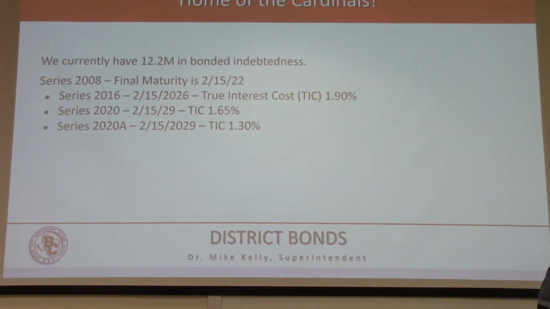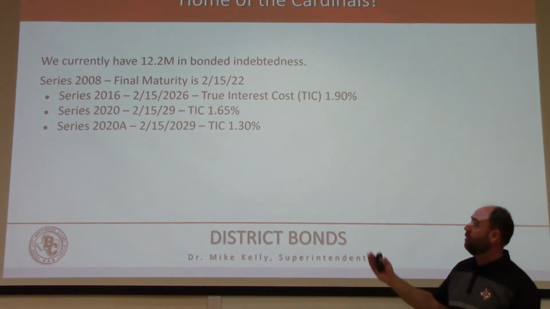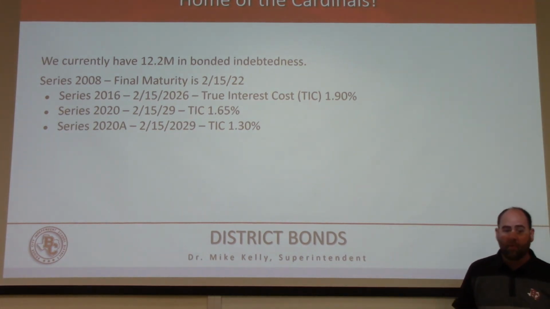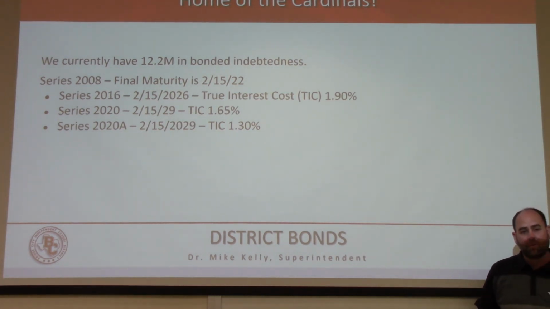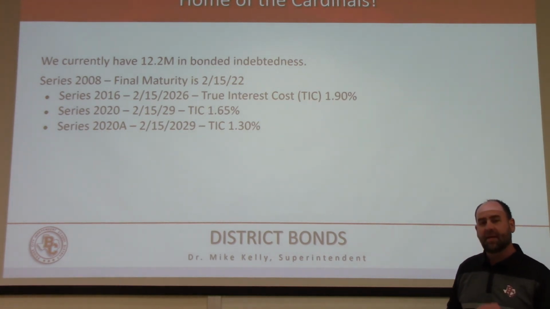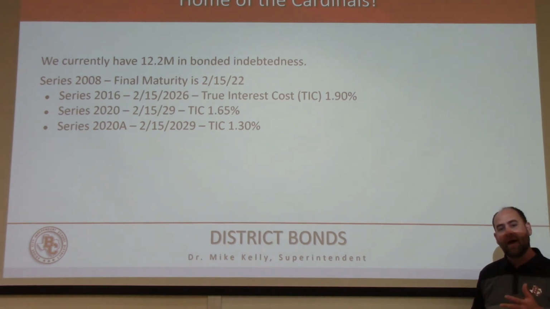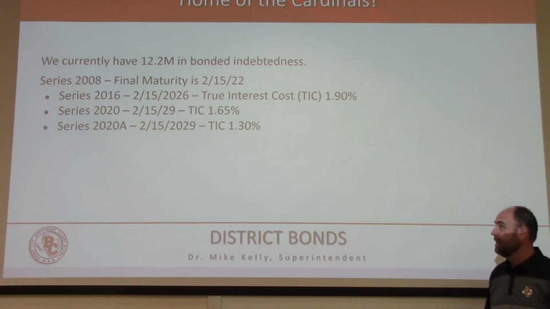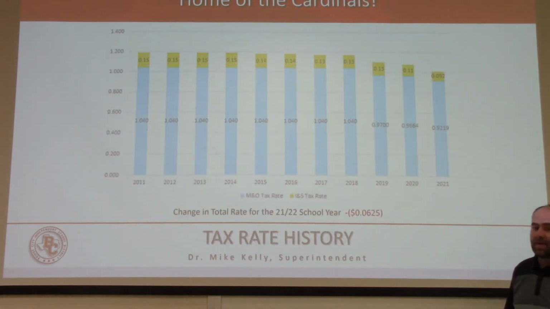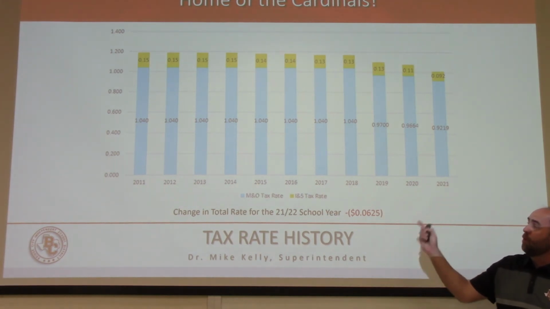This is our current bond debt in our district, $12.2 million. We are one of the few schools in the entire state of Texas that can say we have more money in our fund balance than we have in total bond debt. We have received a perfect 100 on our financial rating for 5 straight years. Our board does an incredible job managing the money that comes to us, and continuously has done more with less.